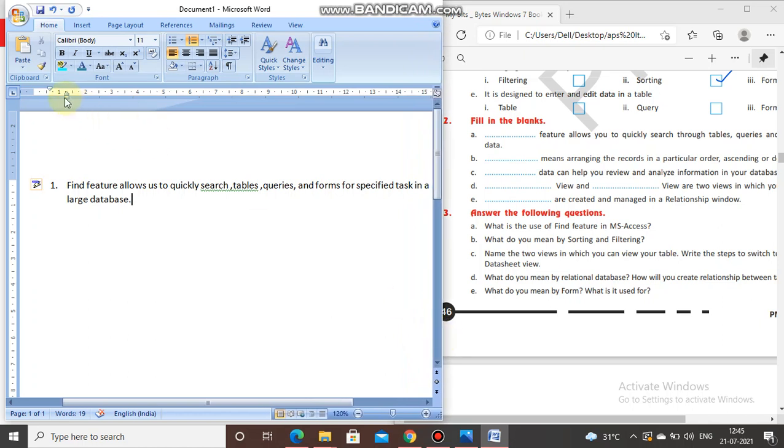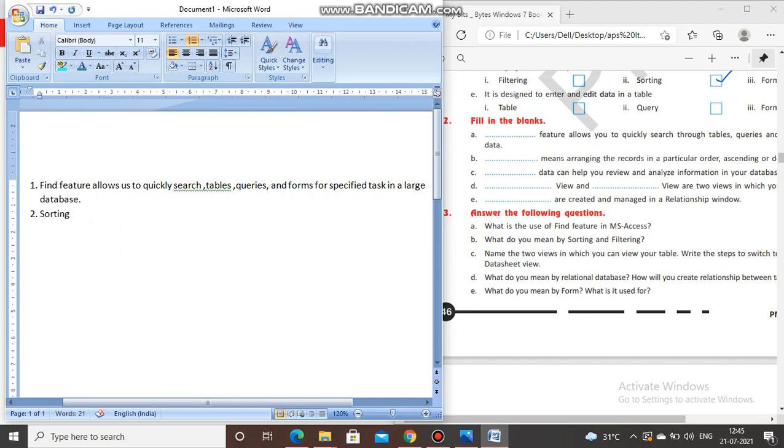Okay, and I'm taking this one to this side. Yeah, now you are able to see it. Okay, so answer number 2. What do you mean by sorting and filtering? So this is also a very easy answer.